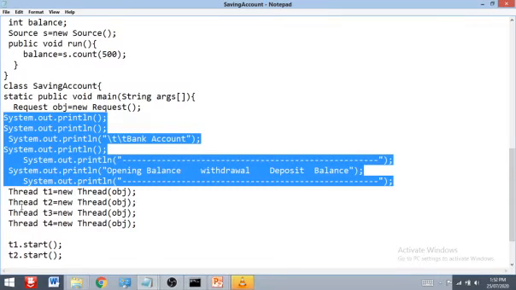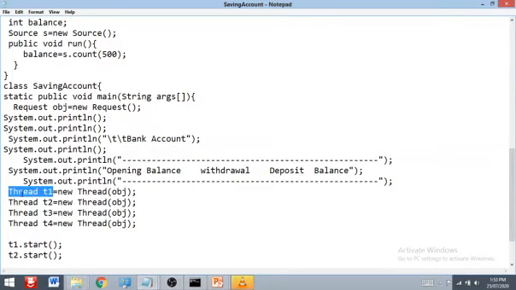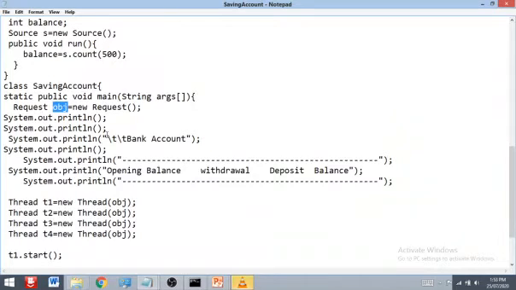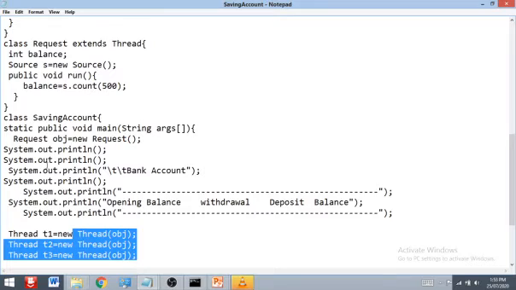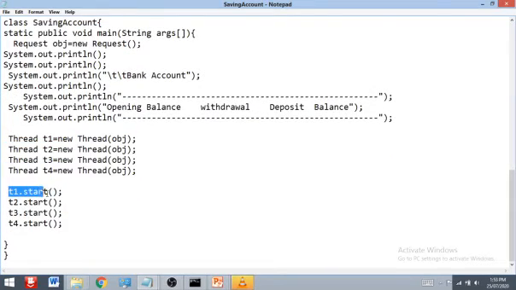Now you can see we create the threads T1, T2, T3, T4, and we pass the object. Now you may observe the 4 threads access only one object property, only one object property at a time. Then it may create strange results, or it may create a problem. This is a critical situation. So to avoid such a situation, now you can see T1 start, T2 start, T3 start, T4 start.